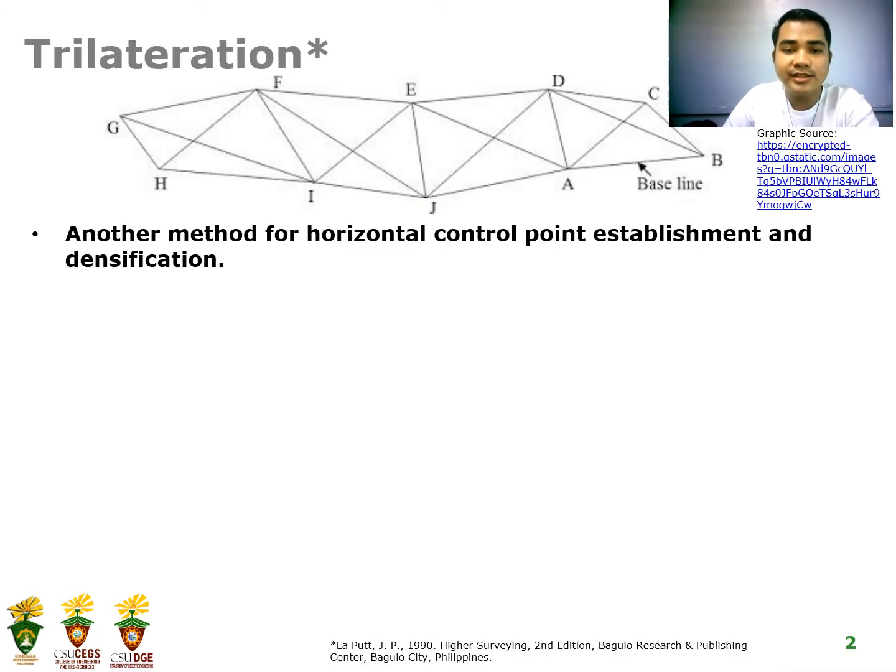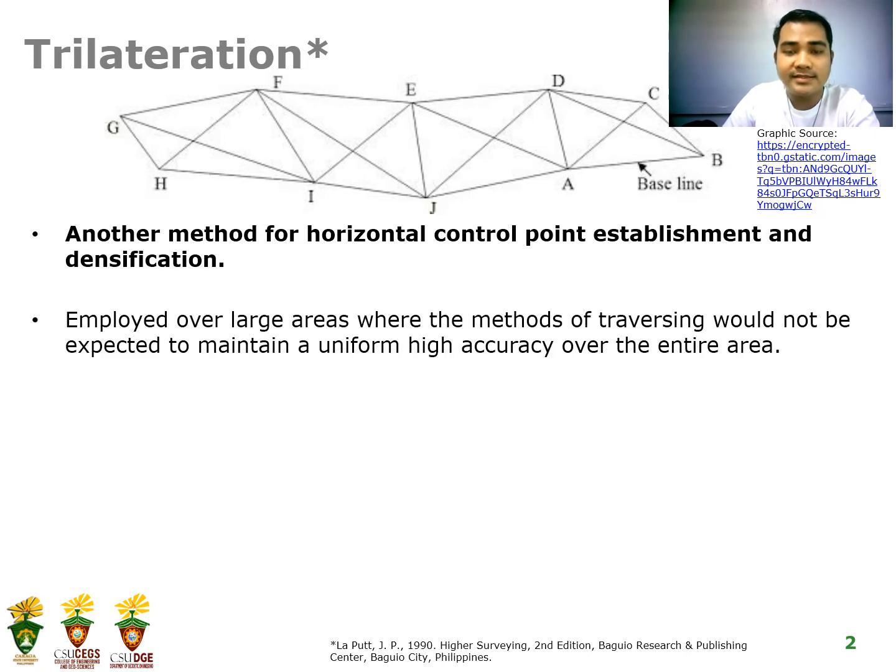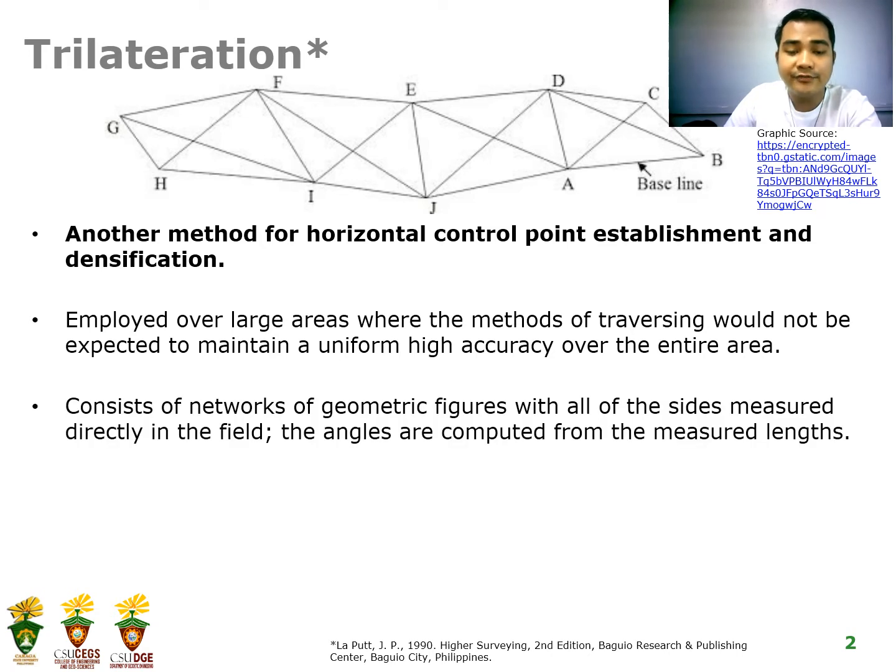So trilateration is another method of horizontal control point establishment and densification. It is employed over large areas where the methods of traversing would not be expected to maintain a uniform high accuracy over the entire area. So again, trilateration is used if traverse is not possible, or it cannot maintain high accuracy over the entire area or in one location. So it consists of networks of geometric figures with all the sides measured directly in the